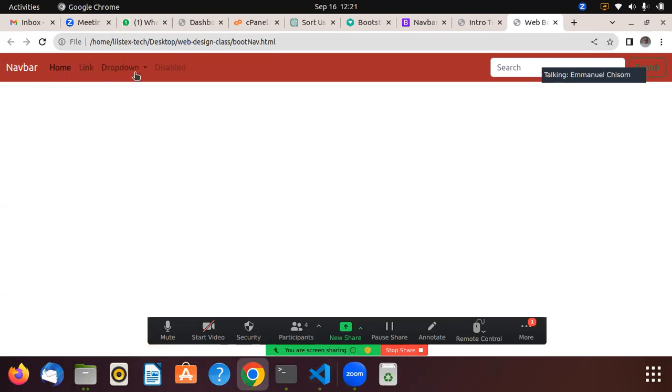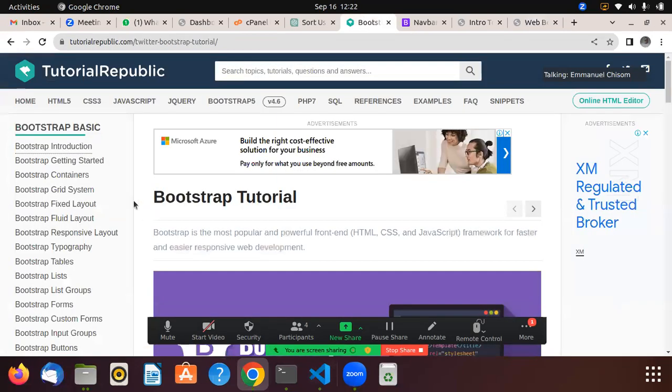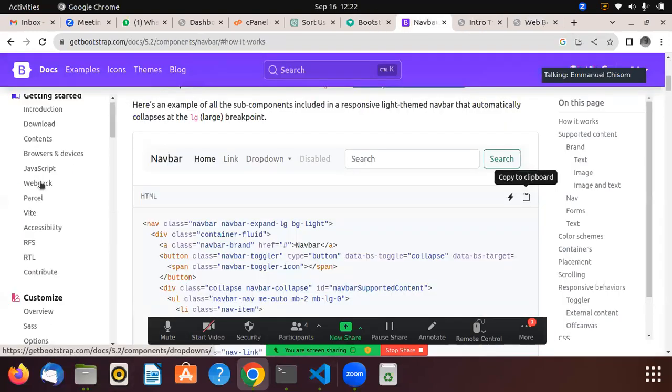Now, I want to remove this drop down. As you can see, this drop down is not working here, but it's supposed to work. Why is it not working? Good. If you can recall, when I was linking, I said I'm not going to link the... Let me go back to